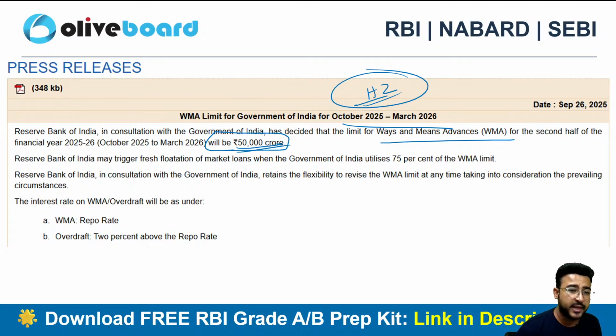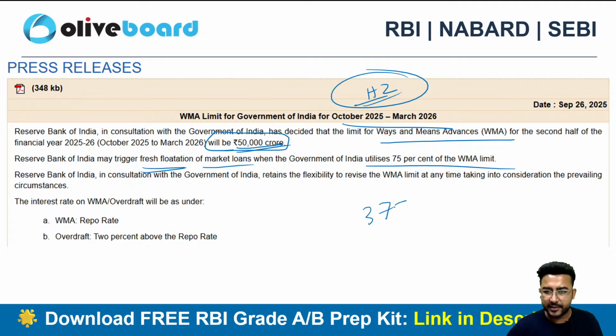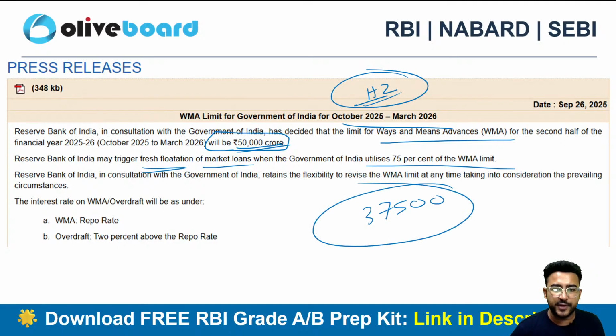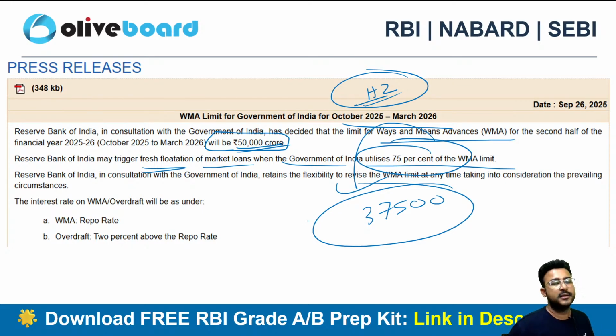Definitely the RBI can trigger a fresh flotation of the market loan when the Government of India utilizes 75%. So what is 75% of 50,000? It is 37,500. Sorry, 50,000's 75%, 37,500. So once the Government of India utilizes 75% of the WMA limit, that means 37,500,